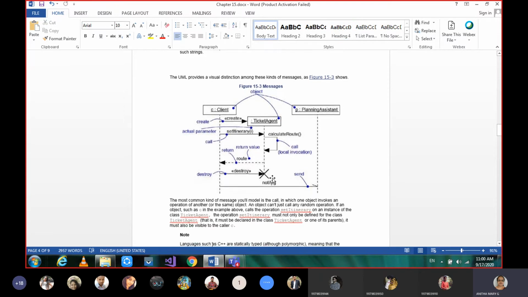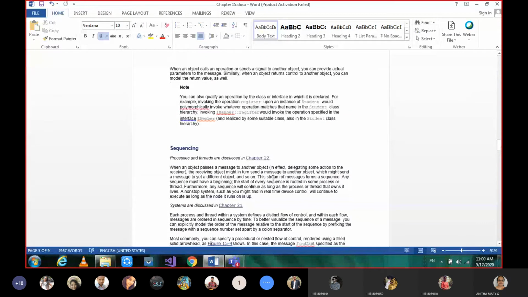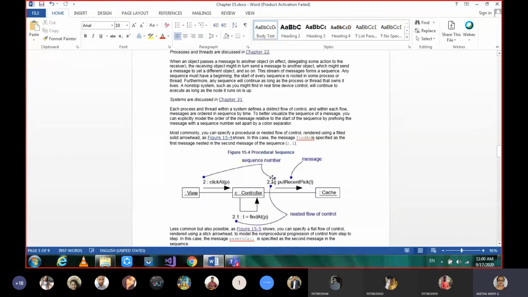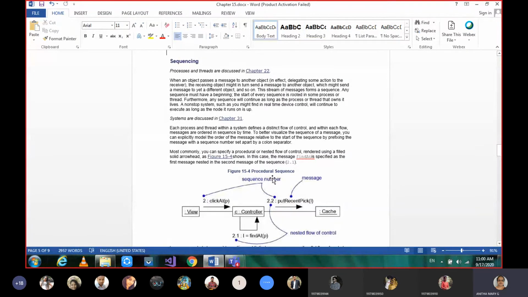So moving on to the next terminology, that is sequencing. Sequencing is where messages are sent from one object to another object in some scenario, or a few objects are involved, and the communication is transferred from one to another and so on.